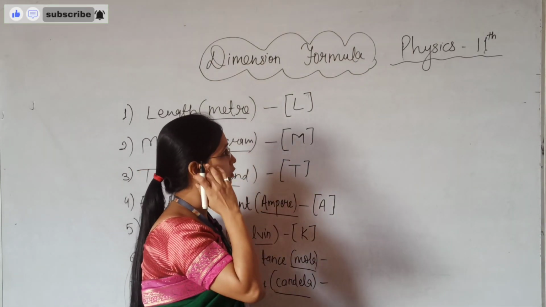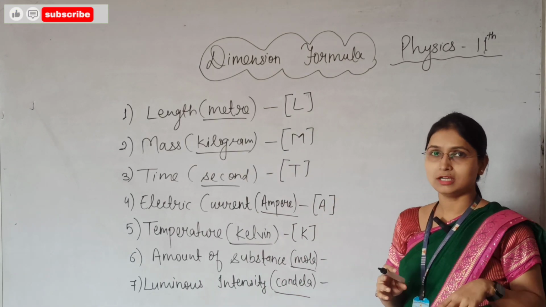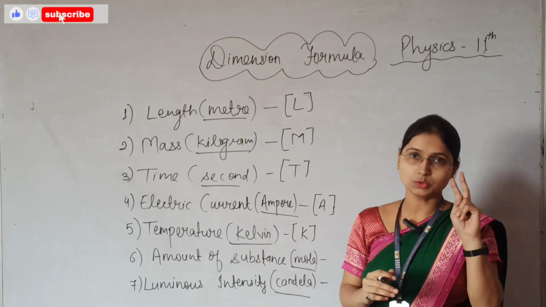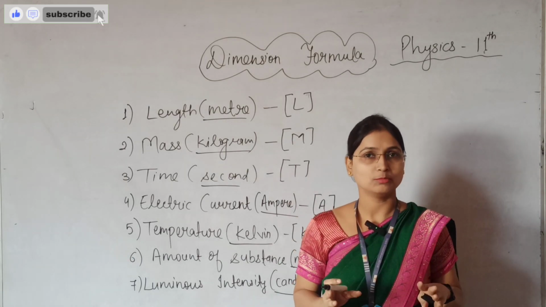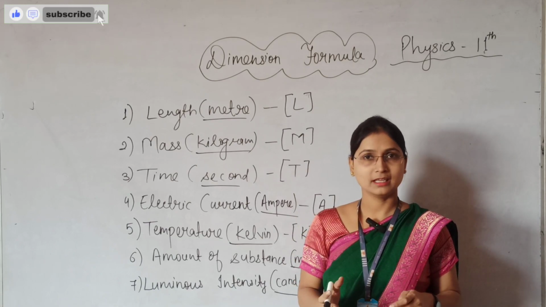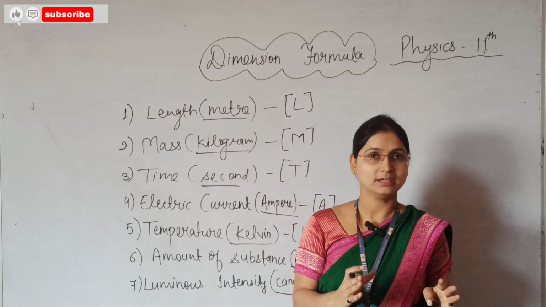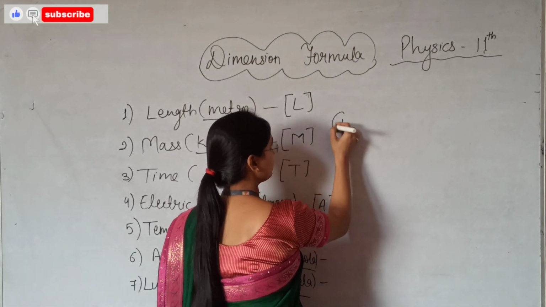Now I will tell you how you can find the dimension formula. For finding the dimension formula, you have to know two things. The first one, this, and the second one is the formula. For whichever physical quantity you have to find the dimension formula, you have to know the formula of that physical quantity. For example, if we find the formula of area,